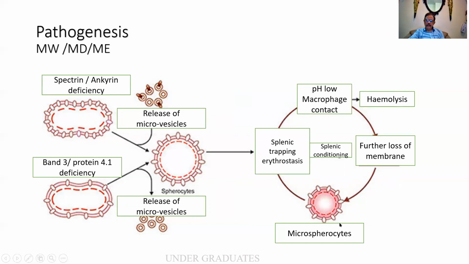It becomes smaller and smaller. These are called microspherocytes. An entire circle goes on, but it re-enters the spleen again to be trapped by the sinusoid, and the phagocytic activity continues. So this is called the splenic conditioning according to the situation present. So this particular diagram is very important. So you people must write, must draw, and must explain. Very important for all of us. Do not forget it.